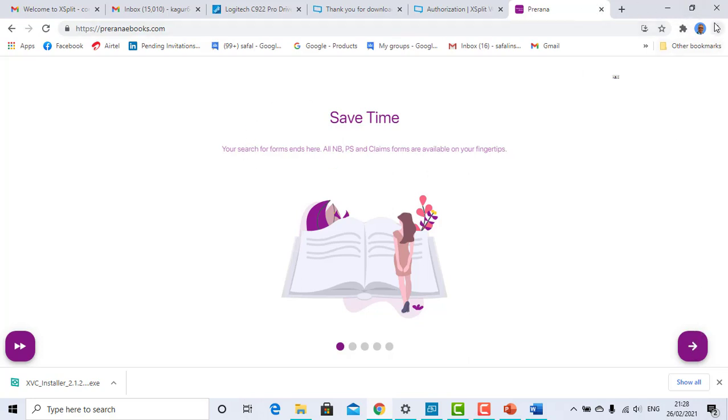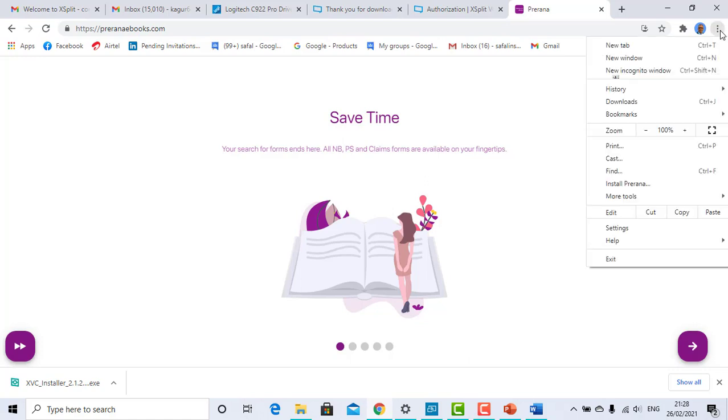Then go to the three dots on the right hand side of your browser. Click on the three dots and you get the option Install Prerna. Click on that.